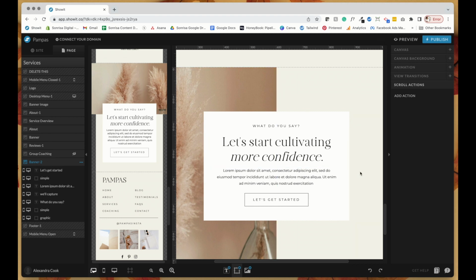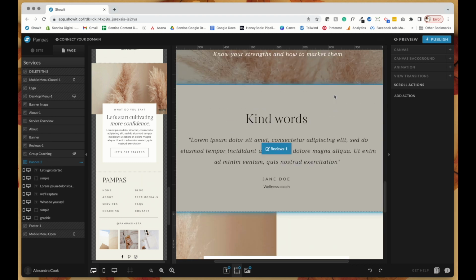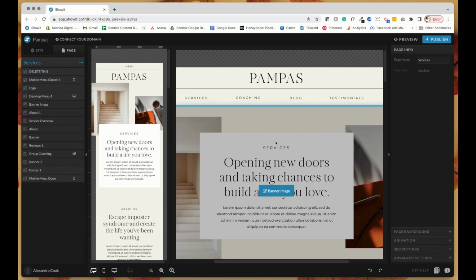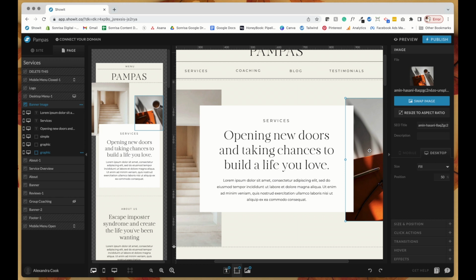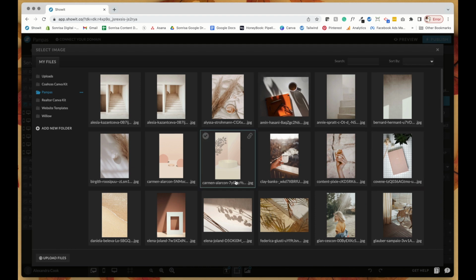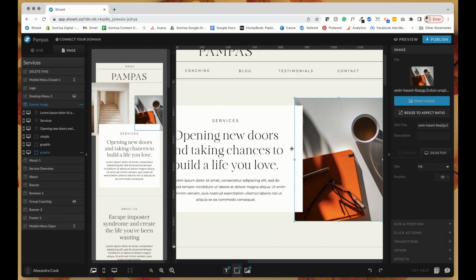So this is a full canvas. You're looking at all the different elements. Now, when you are editing different parts of the canvas, let me show you how to do that. Say you want to swap out this image. Click on the image, and then you swap it out right here. So you go in here, pick another image, and that is actually going to be applied to both mobile